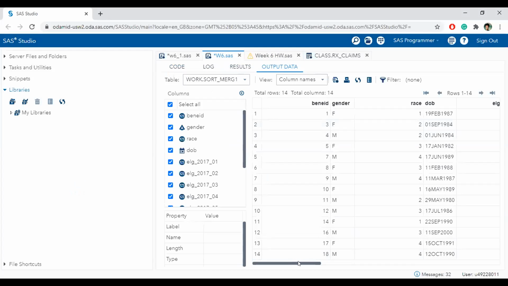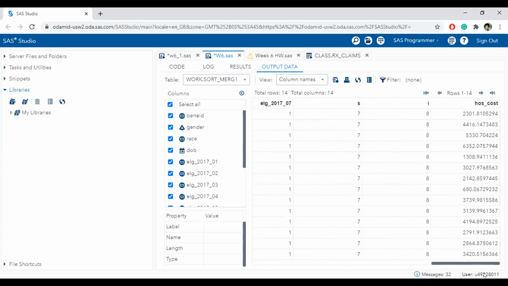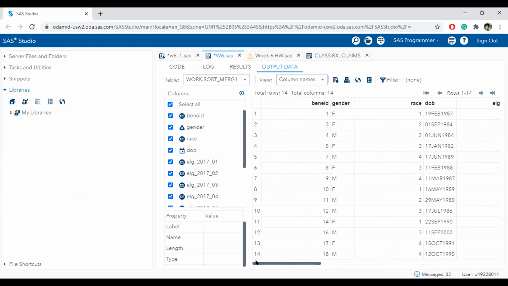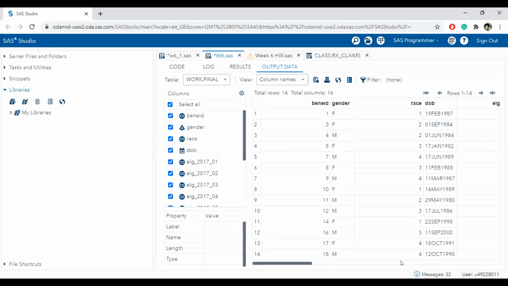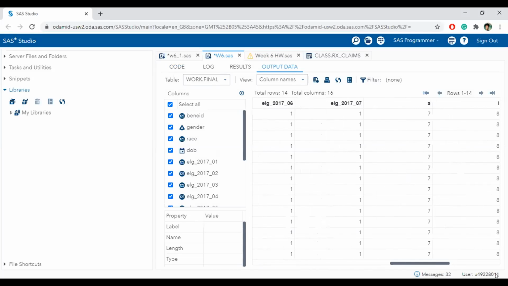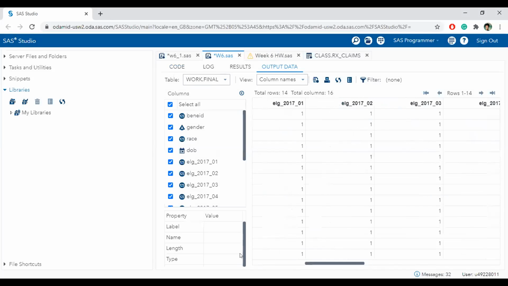And the result was Beni ID, gender, the rest, hospitalization cost. Okay, this was my final data set. We have hospitalization cost and prescription cost for each Beni ID.